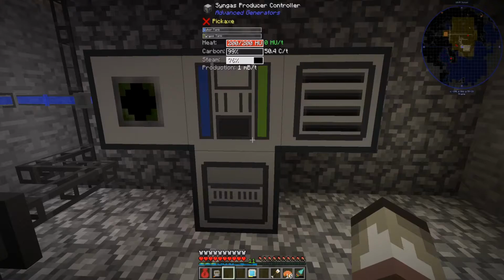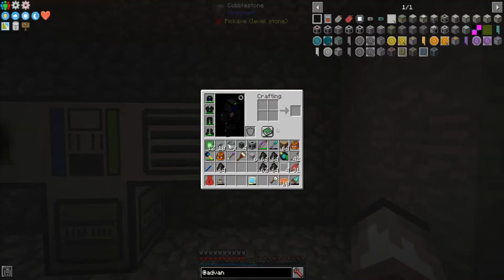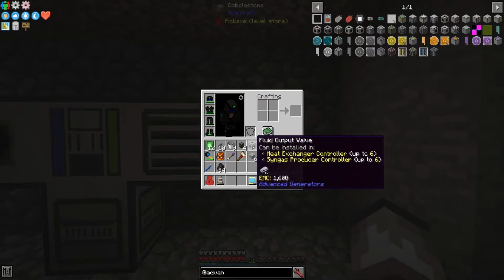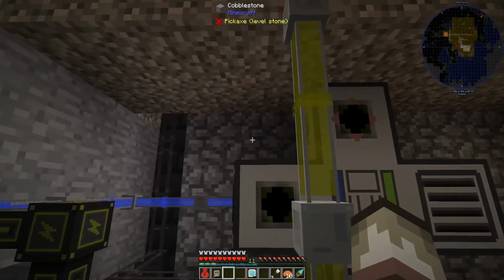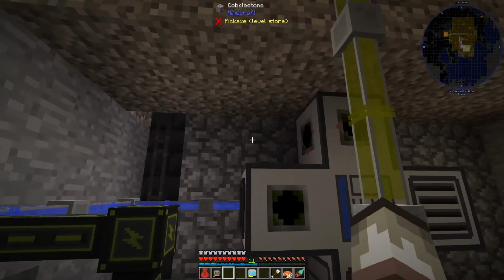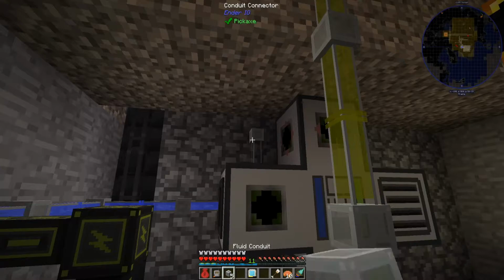Now it'll be a case of moving the syngas out of there, which I believe would be the... which I could use via that. So if I do this...